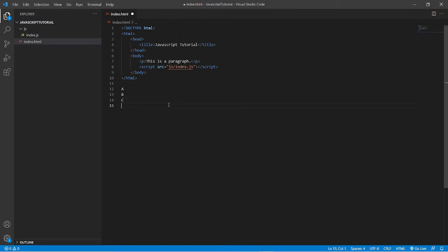And when 2009 came, they wrote a version called ES5, ECMAScript 5. Before 2009, whatever was written in JavaScript was only a new feature.